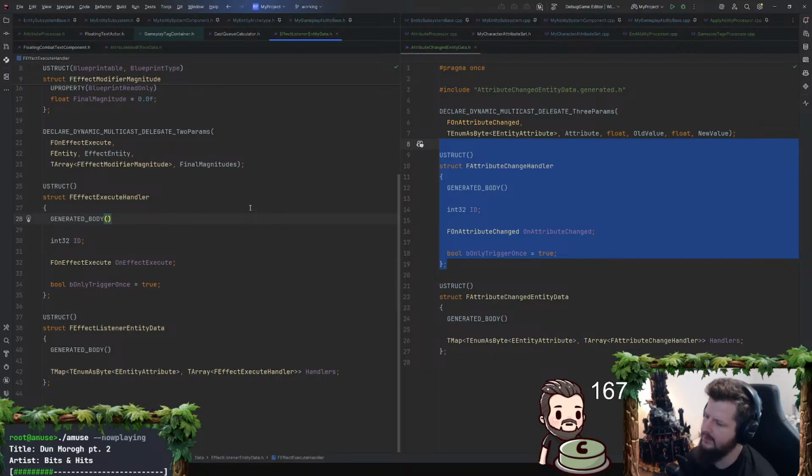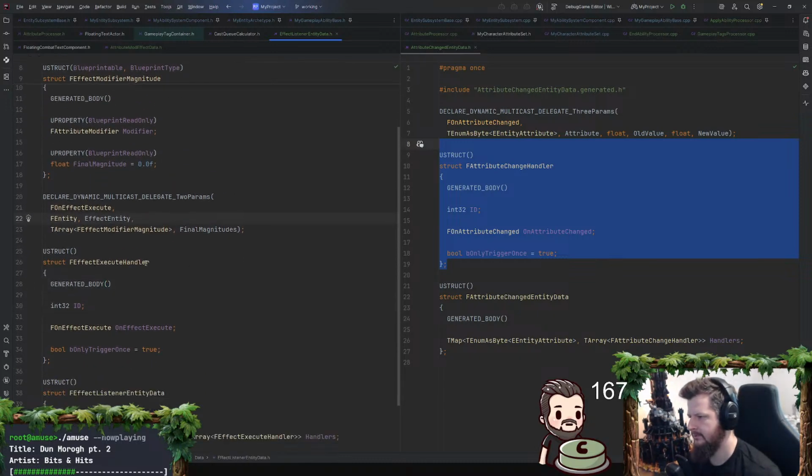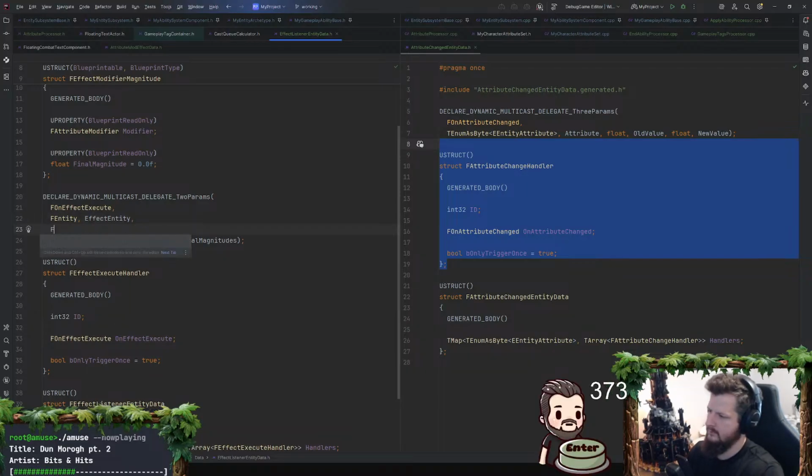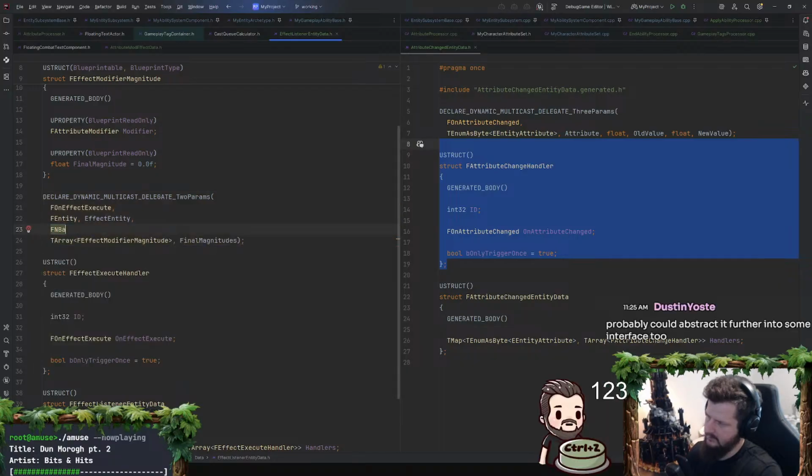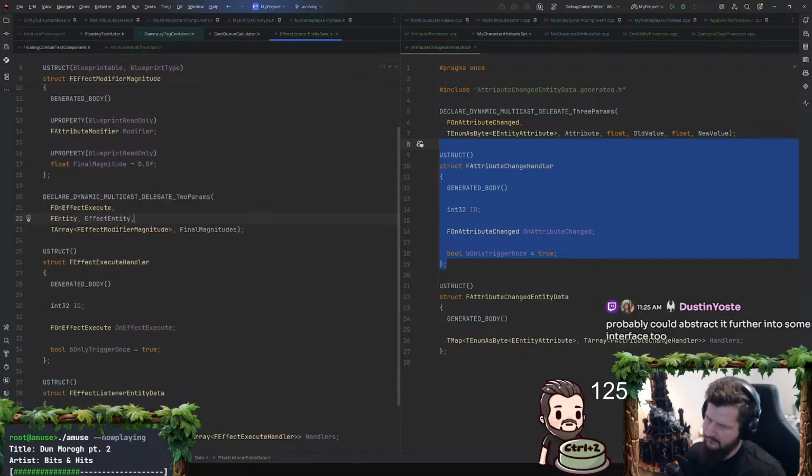I would have to listen for health changes. I would have to listen for all the things that affect health, and then every time health changes, I would get the calc. I would get like a regen health in there or something as well, which I wouldn't want to listen to. But I think having a parameter here for effect ID would be super useful, which is just FName.